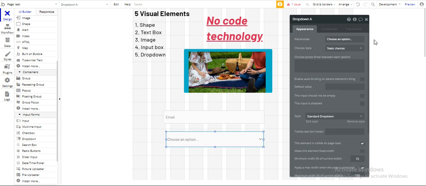So in the drop down case, we can choose a placeholder name, like we want the user to select from different date of births. You can make your choices static or dynamic. So let's just write 3 to 4 static choices.